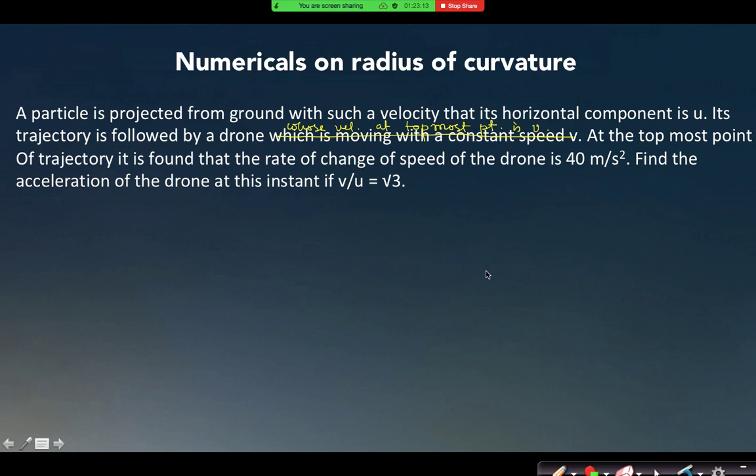Okay, I think there is some problem in the internet connection. Take this question as your homework. This is a good question. Just try to solve this question at home.